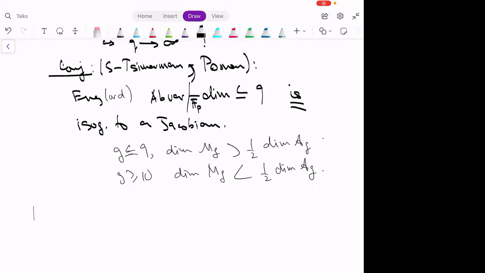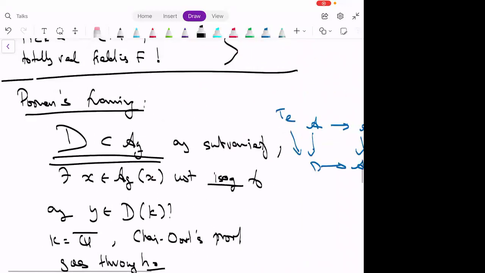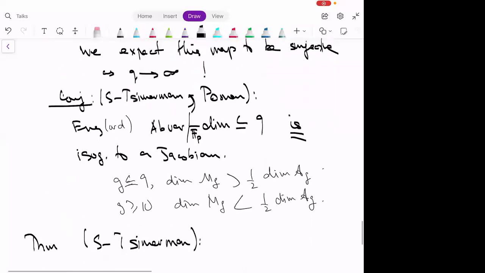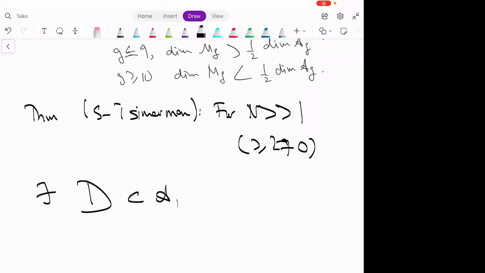And Jacob and I also have an example to support this conjecture. It's not in the context of abelian varieties and Jacobians, but in the context of this more general question of a subvariety of A_g and a point inside there. And in fact, we're not even going to work with A_g, we're going to work with the product of modular curves because that's where our example works. So we have the following example. So for n large enough, in fact, our bound is 270 for what it's worth, we construct an explicit divisor